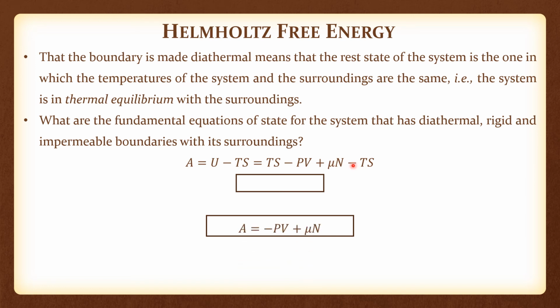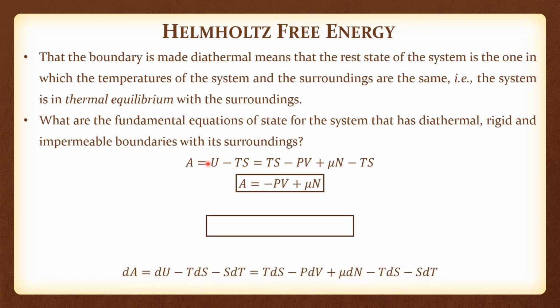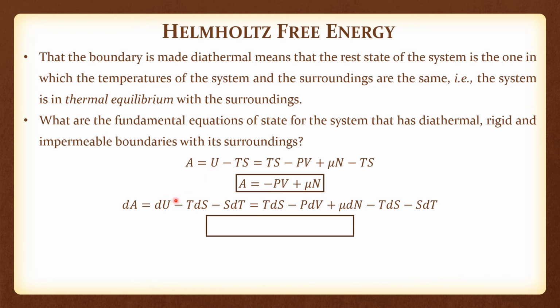You subtract TS, and therefore A is minus PV plus μN. Now if you were to differentiate this, dA would be dU minus TdS minus SdT, but then dU itself is TdS minus PdV plus μdN, and then you subtract TdS and SdT from it. The TdS terms get cancelled, and therefore this results in